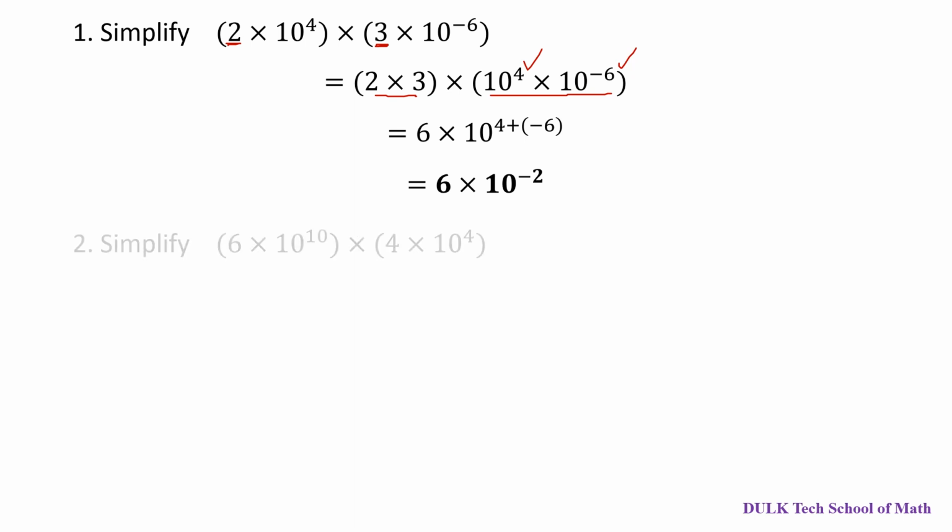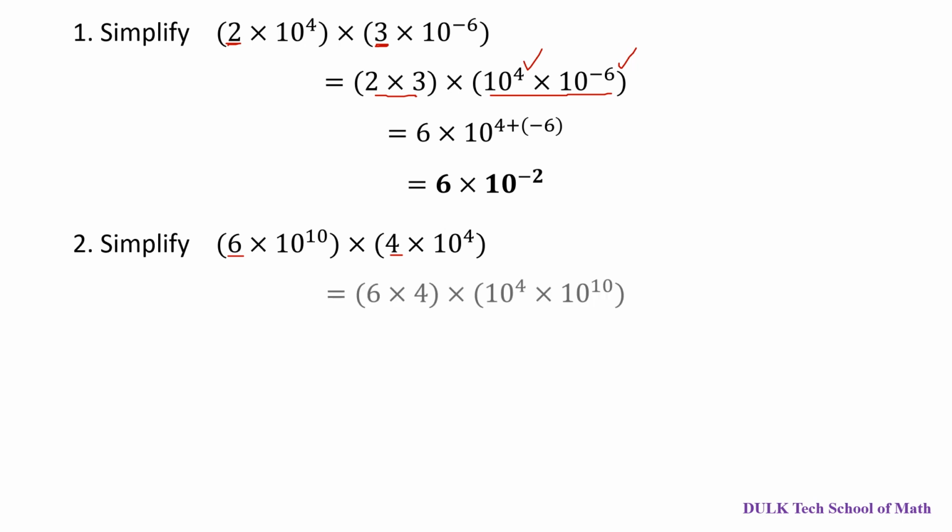Let's move on to our second example. What we are going to do here is simplify the coefficients, so it's 4 times 6. Then this 10 to the 10 will be multiplying 10 to the 4. So let's simplify. 6 times 4 is 24. Then 10 to the 4 times 10 to the 10. In this case, we are multiplying powers of 10, so we simply add the powers according to the laws of indices. So it is 24 times 10 to the power 4 plus 10,